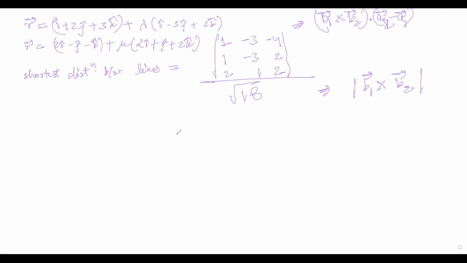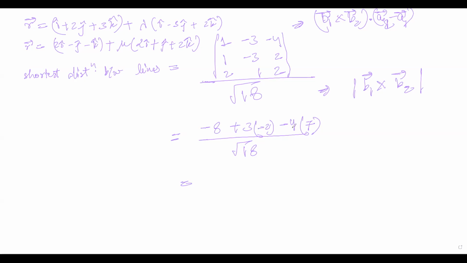And that can be calculated as 1 into minus 6 minus 2 minus 8, plus 3 over 2 should be 2 minus 4 minus 2, plus minus 4 would be 1, and that would be plus 6. 1 plus 6 would be 7, divided by root 8. Means the distance would be